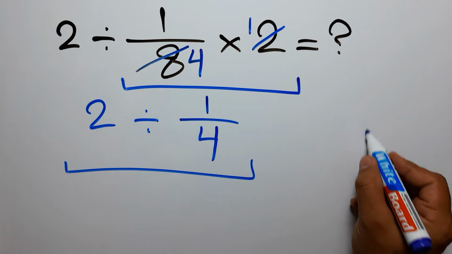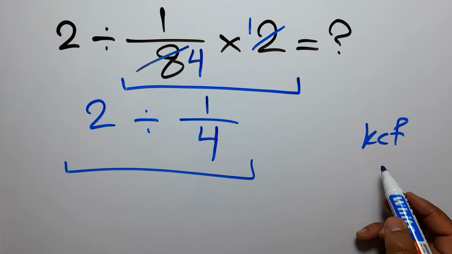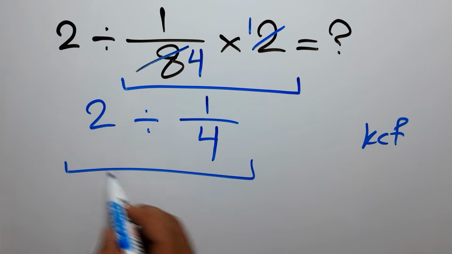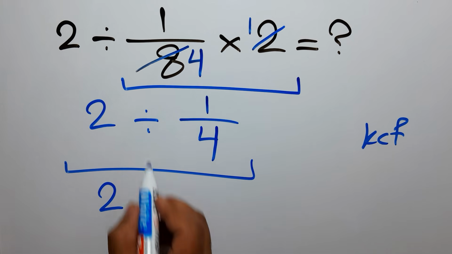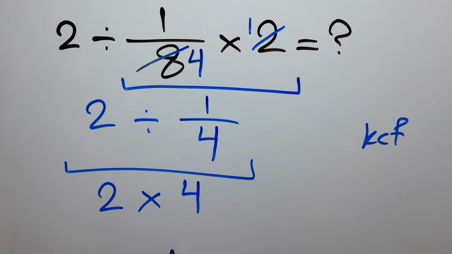According to the KCF rule, K stands for keep, C stands for change, and F stands for flip. We can write keep the first fraction, change division to multiplication, and flip the second fraction. So we have 2 times 4, which equals 8. But this answer is not correct,